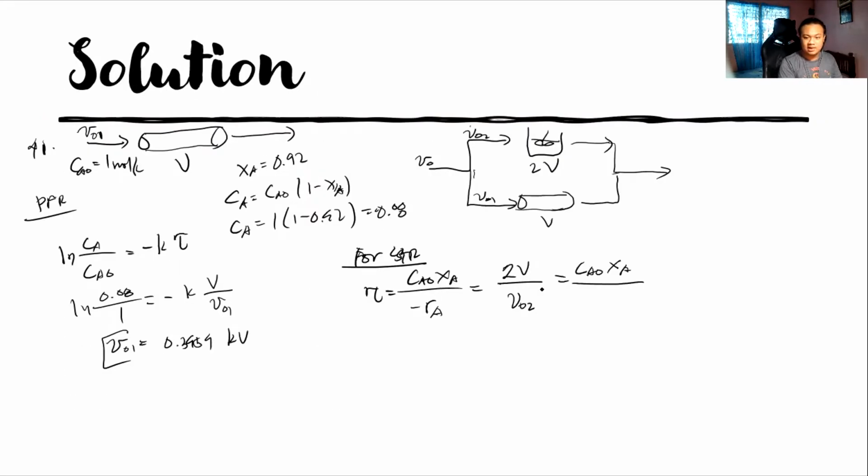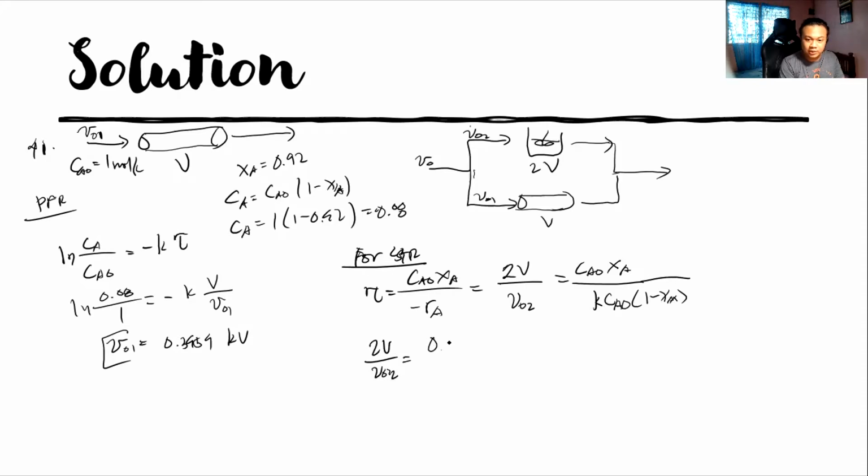No, you're not given the rate equation, but we know that it is first order. So kCa, right? kCa. If we transform that in terms of conversion, we have CaO(1 minus X). So this is just the same thing all over again that I have been throwing at you. Okay, so let's simplify. So we have 2B VO2